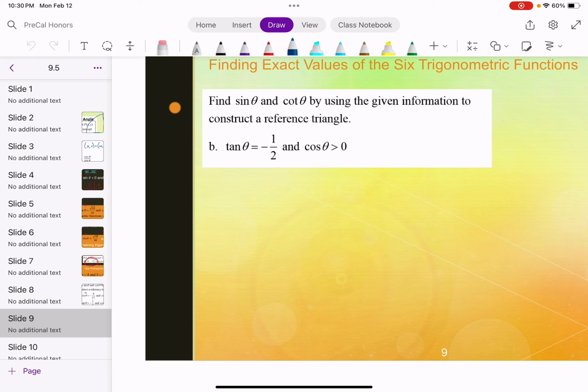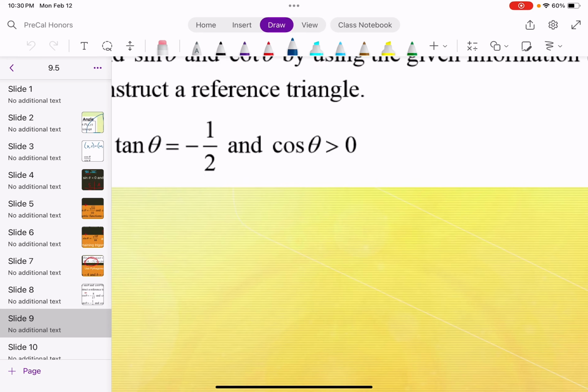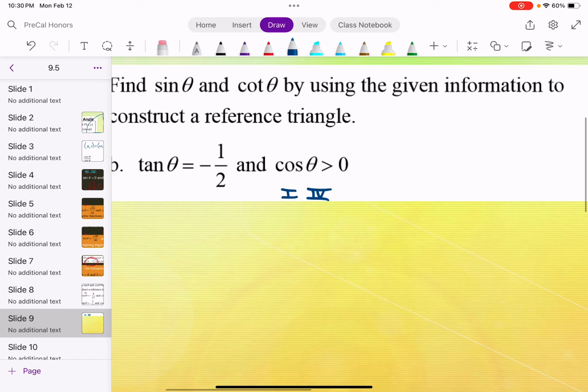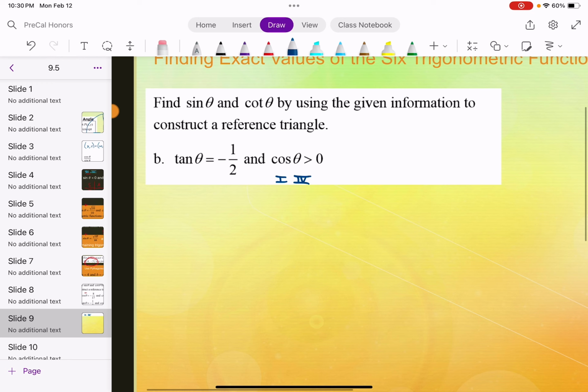So in this slide, notice we have tangent of theta is equal to -1/2. And we have cosine of theta being greater than 0. First thing is, cosine is positive at quadrants 1 and 4. Just in case we draw it out, all students take calculus. Tangent equaling -1/2 would be either quadrant 1